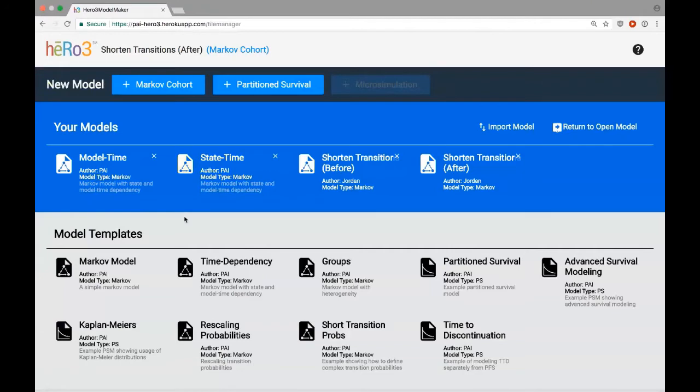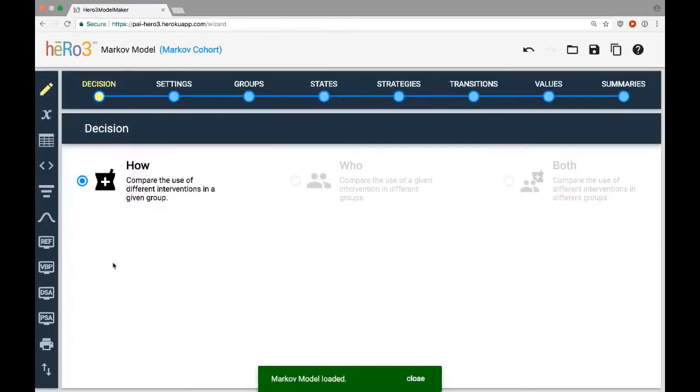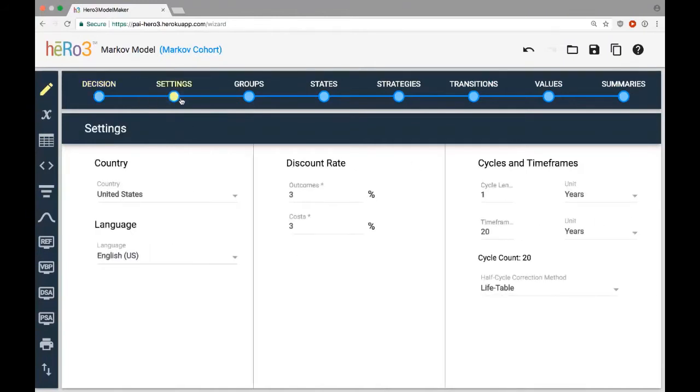So I'm going to open up the model. And here you can see we have the model open. Right along the top here are our 8 steps. And so we're currently in the decision step, which is currently disabled, so I'm going to skip past that. And now we're on the settings page.